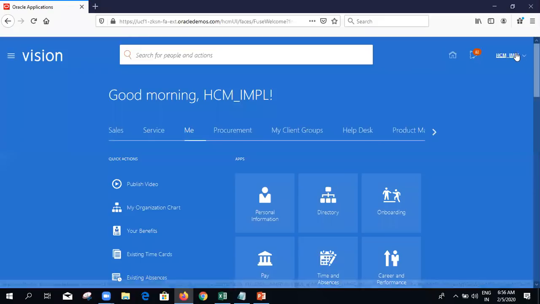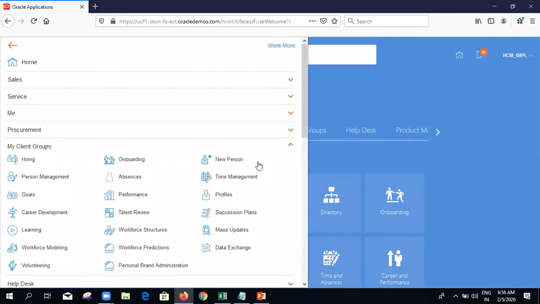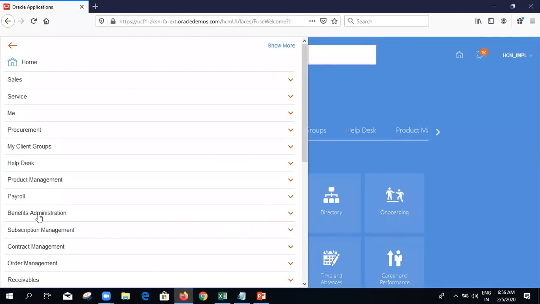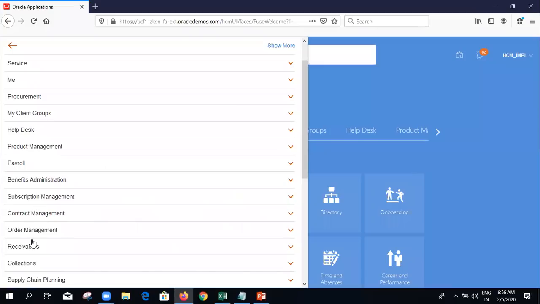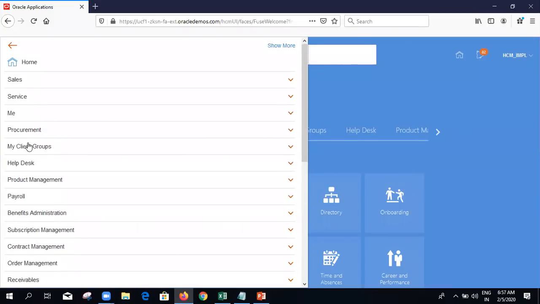So when the employee logs into the system with his user ID and password, he will be able to get access to the functional areas which are related to HR, like my client groups, about me, help desk. He will not be able to see all these areas which I am seeing right now, the benefits administration, contract, order, receivables. Only limited access will be given to them.